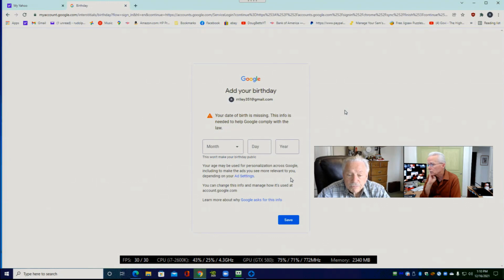Since you're doing a fresh login, they want some more information to help with your security. They want you to put in your month, day, and year of birth, and I'm going to blur the screen for that. Go ahead and fill that out.